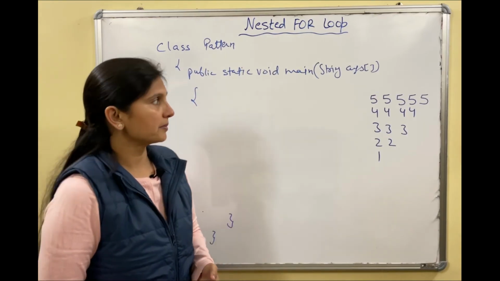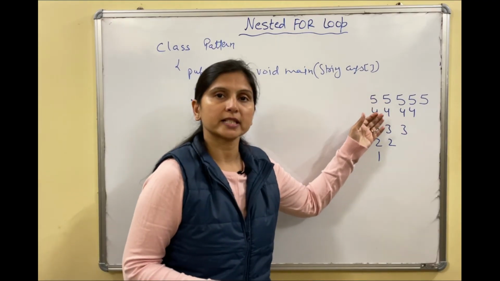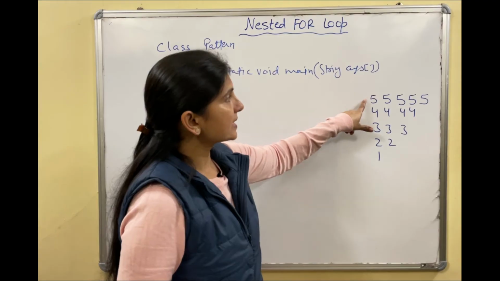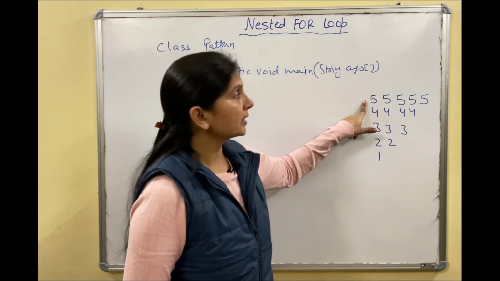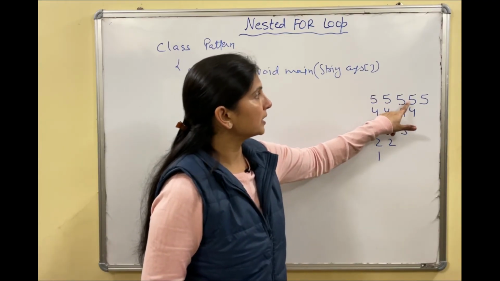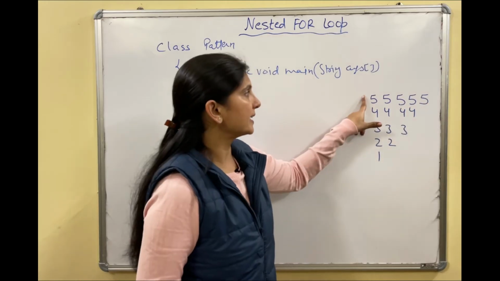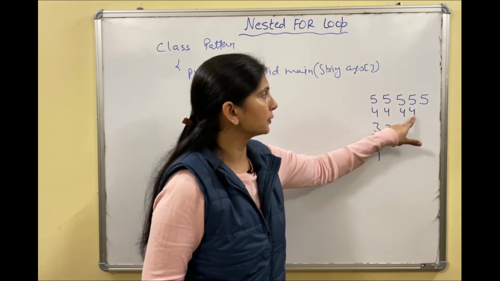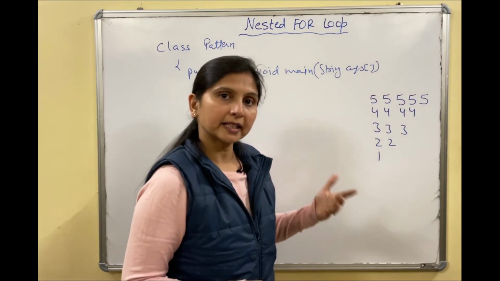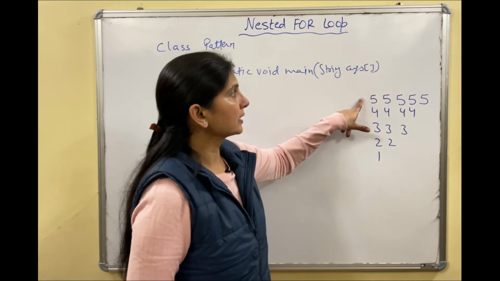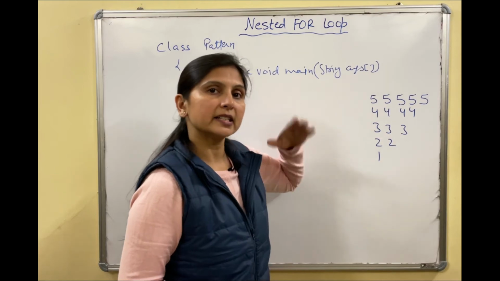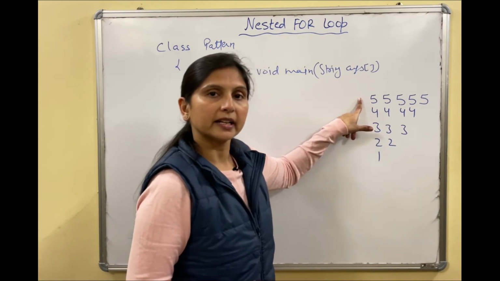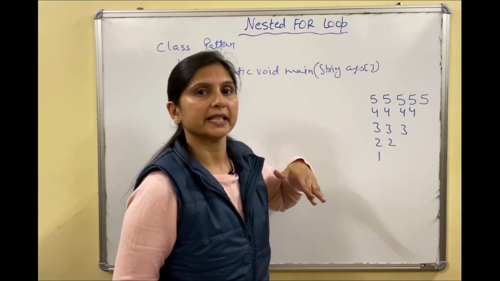Now the next program is, write a program to display this pattern. So if you can see, when I is 1, how many columns are there? 1 2 3 4 5. When I is 2, how many columns are there? 1 2 3 4. Fine. So what can be done? We can run the outer loop in decreasing order, like I equals to 5, I greater than equals to 1, and I minus minus.